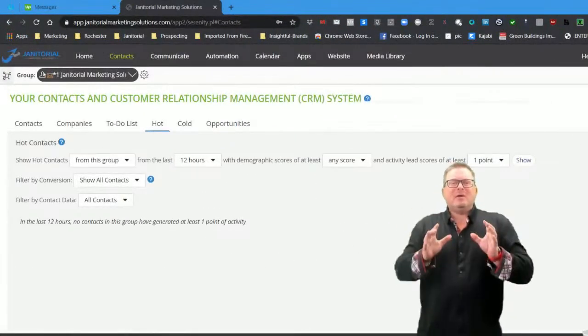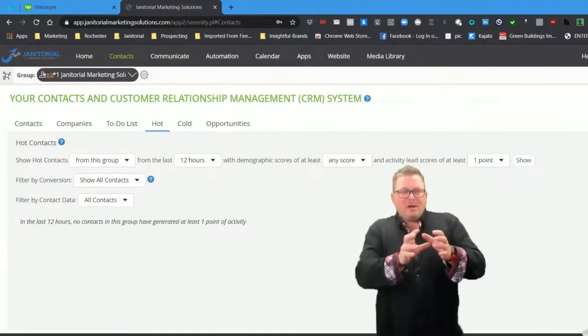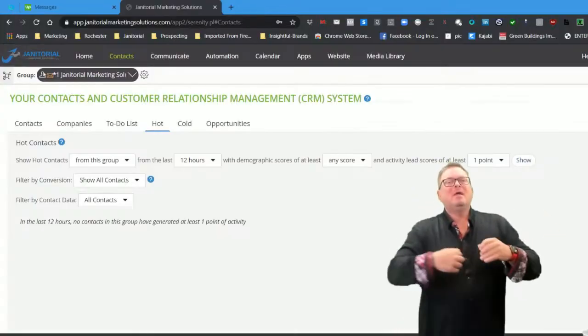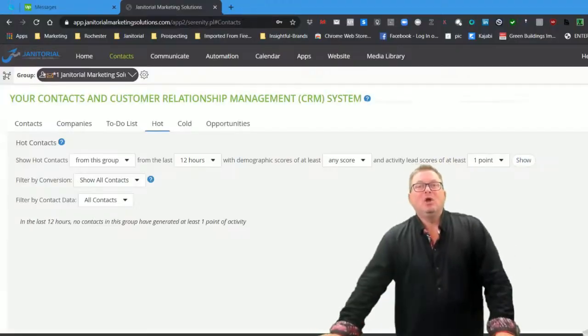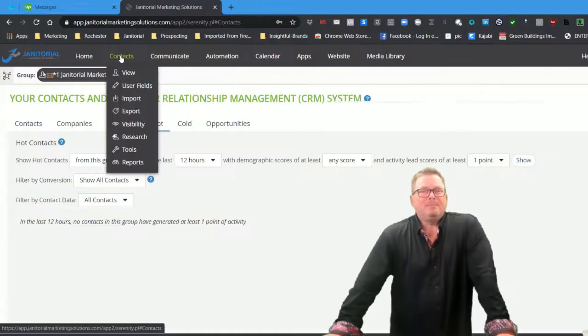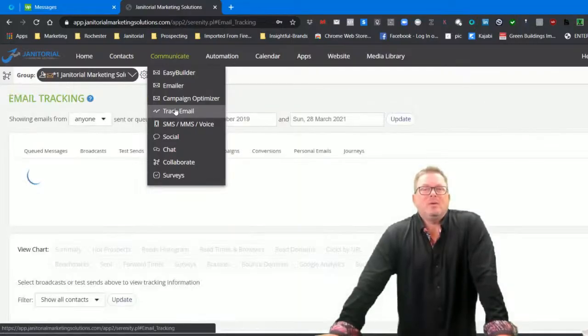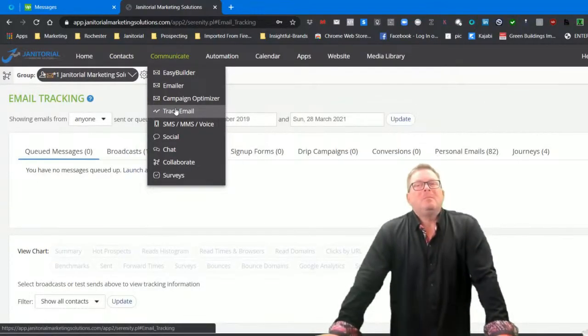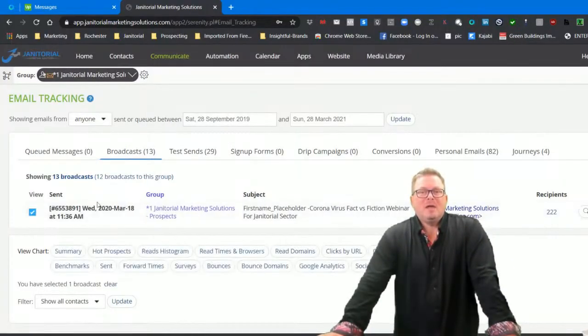All right, so the last thing I want to show you with respect to lead scoring, lead nurturing, gathering the data on who we're going to reach out to, who we're going to pick up the phone and call, because we want the low-hanging fruit. So what we do is we simply go to our email and we track our emails. So we know people have hit scores, but we're going to wait for the score, but we can also do this as well. We can also just go to our email, and this one I did recently on coronavirus,